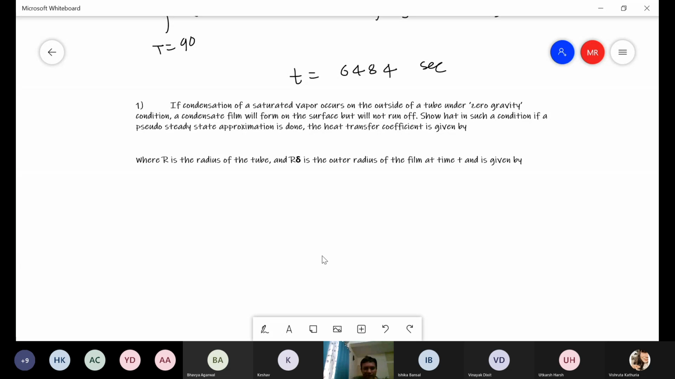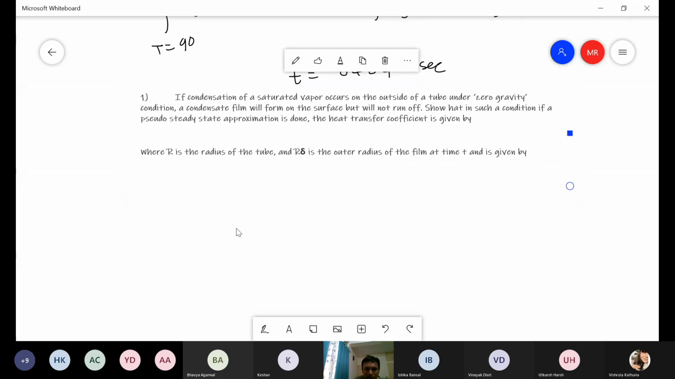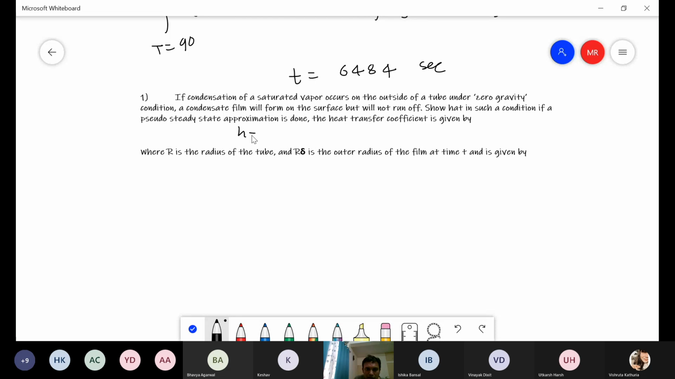What we have to prove here is, maybe I can write it down. What we have to prove here is H is given as KL divided by R, ln R delta minus ln R. So this is what we have to prove in the first case, and the second proof is 1 by 2 plus R delta divided by R square, ln R delta divided by R minus 1 by 2